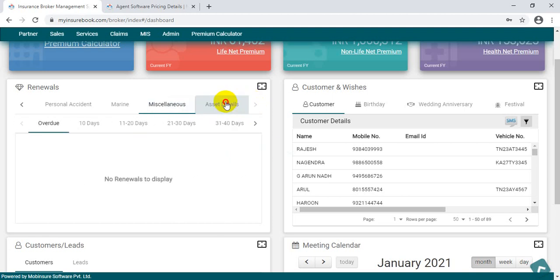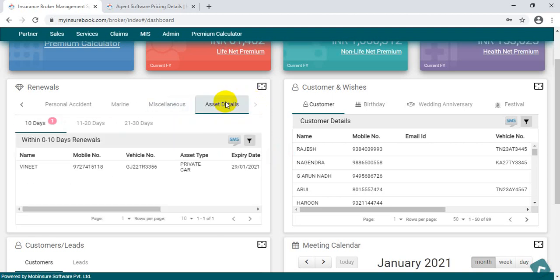And the last one is called asset details. Assets are nothing but these are not your policies. Wherever the word asset comes up in the application, that means they are still not your policies. Say you have entered a lead and this person's renewal is coming and you need to get that notification. Any of your friends' policies or anything, you can enter into the system and you can get your notification saying that so and so person's policy is getting renewed. He has come up for a renewal date and you can talk to him to convert it into your agency. So this is what asset details is about.